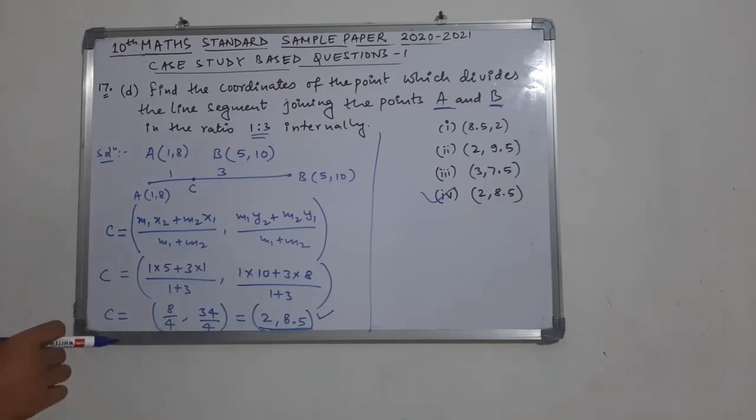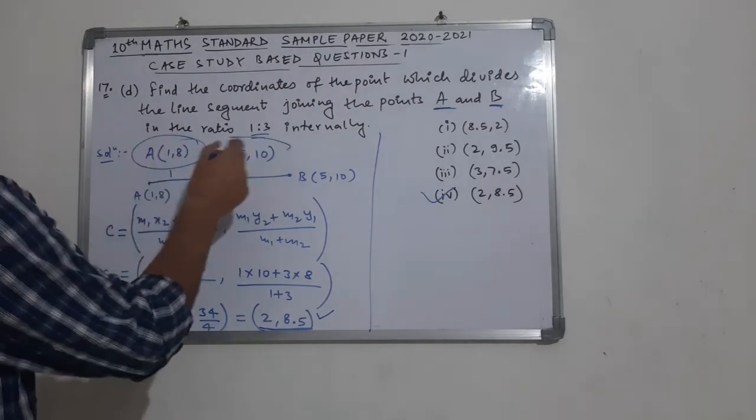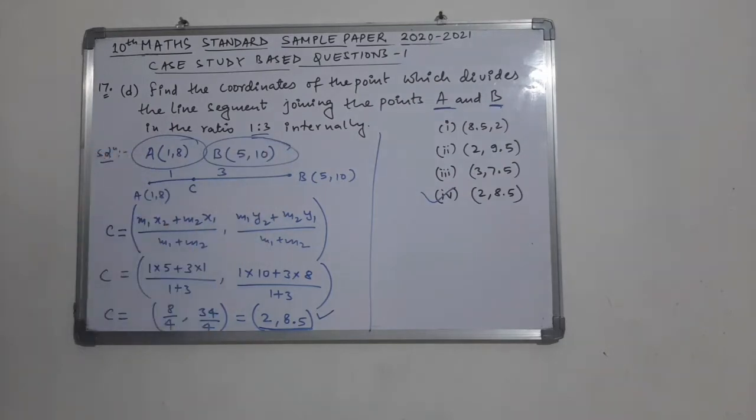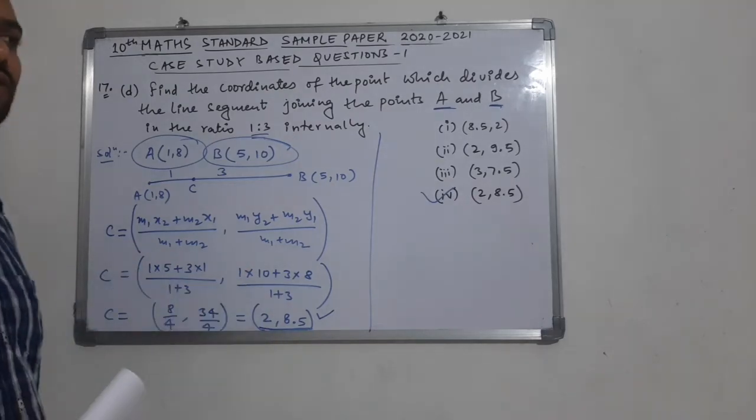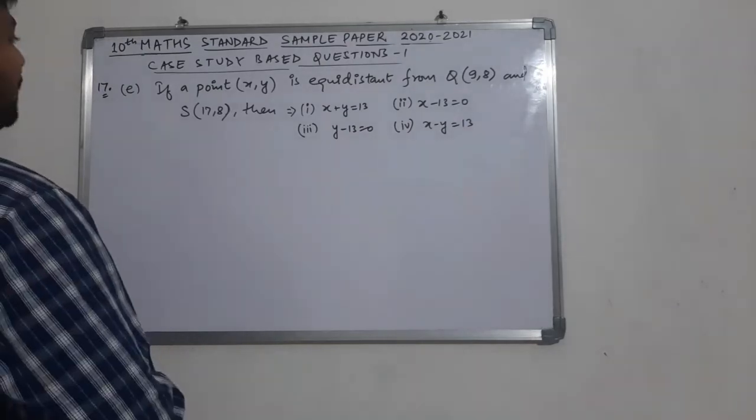So we can say these questions which are based on case study are not tough, but we have a concept here that we have to find the coordinates of the given points by using the graph. If you do not know how to find out the coordinates of these points, then you will not be able to solve the question. So let us come to the last question of this case study, question number 117.